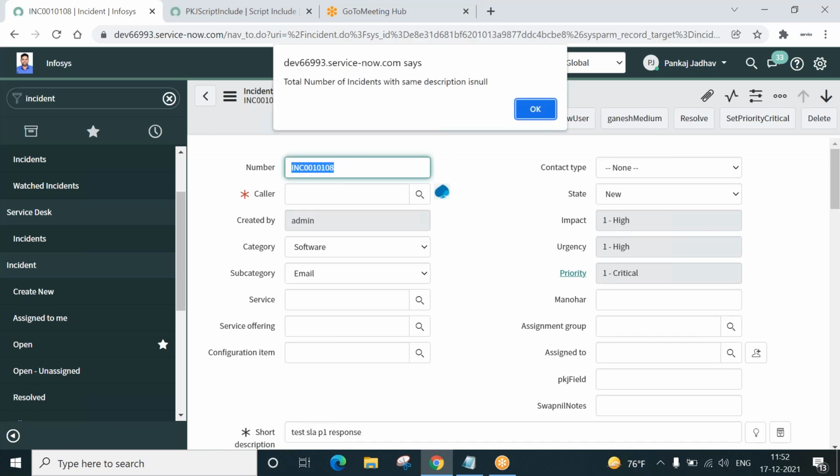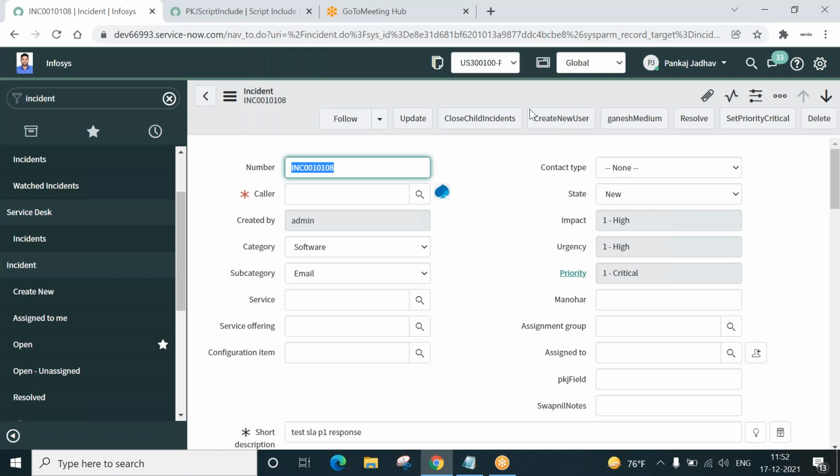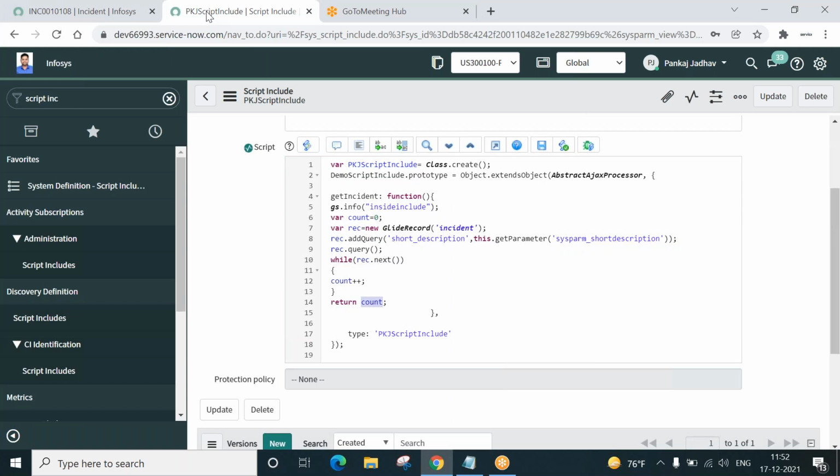See, total number of incidents with same description is null. There is some problem over here. Why did it show null? Let us check. Count demo script include.